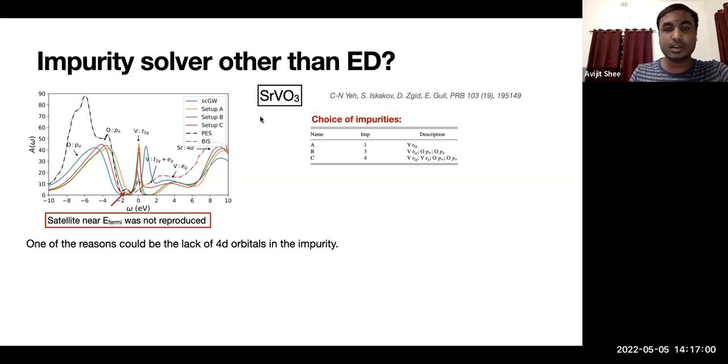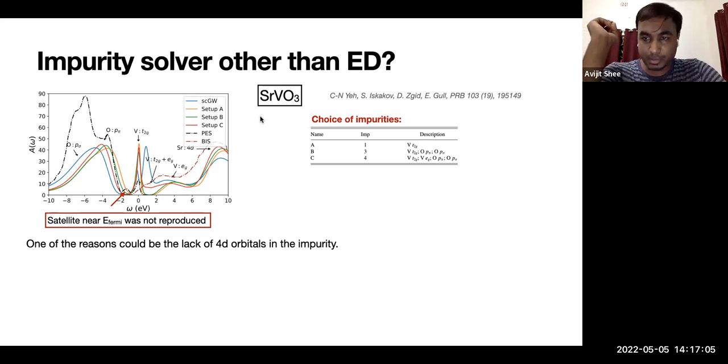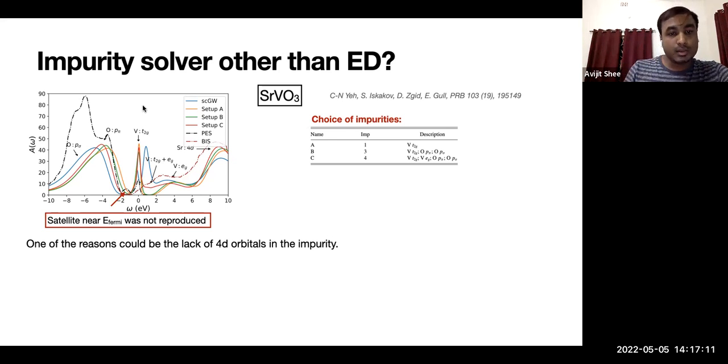That is for a strontium vanadate type cubic perovskite. For this system, what they have found is that they have considered these three choices